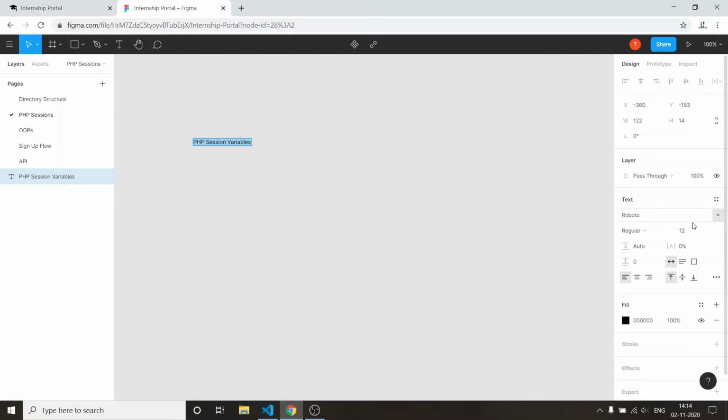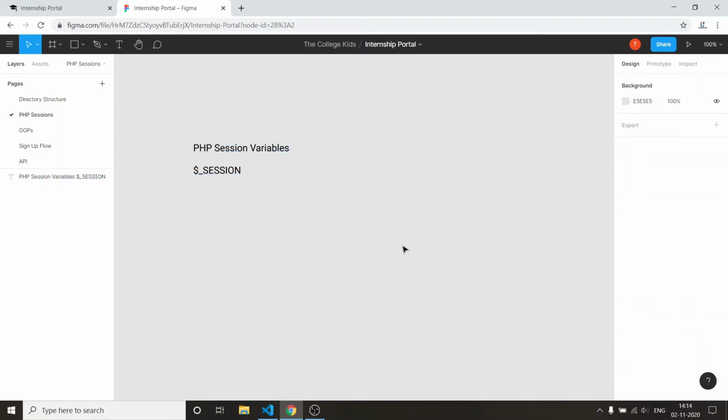So what is a session variable? A session variable can be anything, like some value which is accessible via the dollar underscore SESSION superglobal variable. Okay, so this is the global variable and you can store some things in it. Basically, whenever a user tries to log in, we will start a session. A session basically means it will take the client ID, that is the client that I am using. Let us say Facebook: Facebook will be the server and my device will be the client.